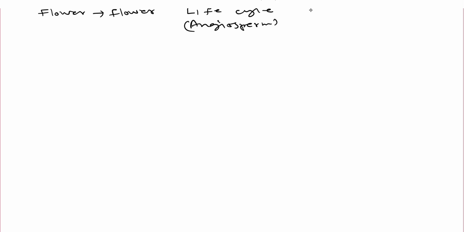Here I am going to explain this in 8 different words. Simply, I am going to explain that as microsporogenesis, megasporogenesis, fertilization, embryogenesis, endosperm formation, seed formation, fruit formation, germination. So 1, 2, 3, 4, 5, 6, 7, 8. Not all the events are major events here. Now let me explain the first one,